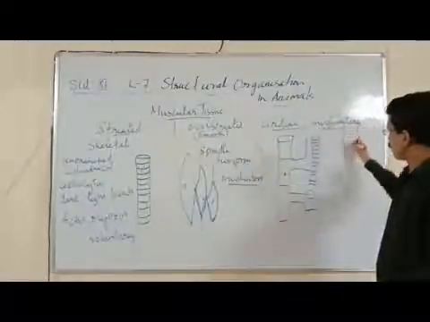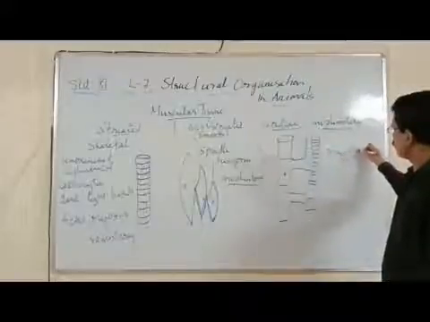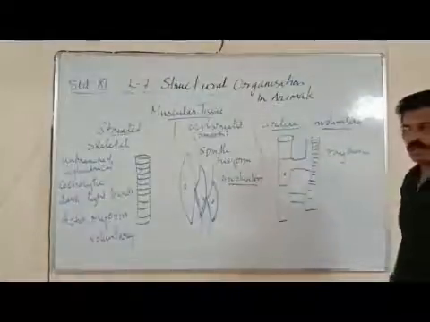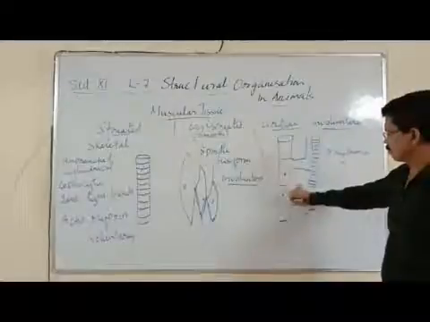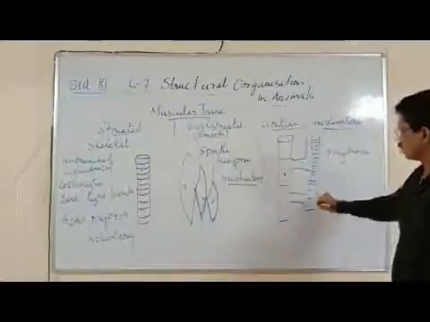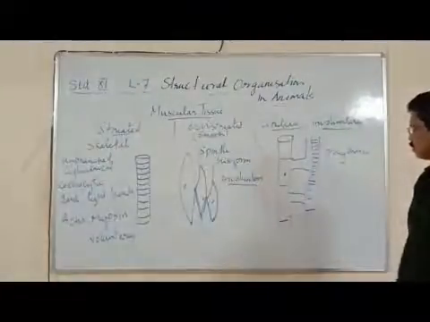The 24 hours rhythmic contraction and relaxation of the heart muscles are due to these cardiac muscles. They work 24 hours, so they are very effective and powerful muscles, cardiac muscles.